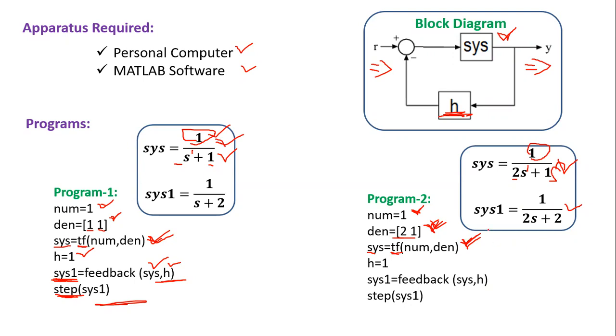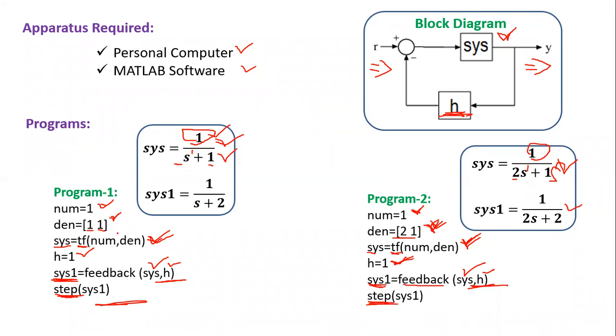Now for that open loop system, we need to add a unity feedback element. We are assuming H equal to 1 is a unity feedback element. Now the combination of the already existing system and the feedback element will give the closed loop transfer function. We are assigning the variable name SYS1, any one you can take. SYS1 equal to feedback of the already existing system, comma, unity feedback element. This will give the closed loop system. For this closed loop system, we are applying the step input, and we will check the output response and observe the variations comparatively.